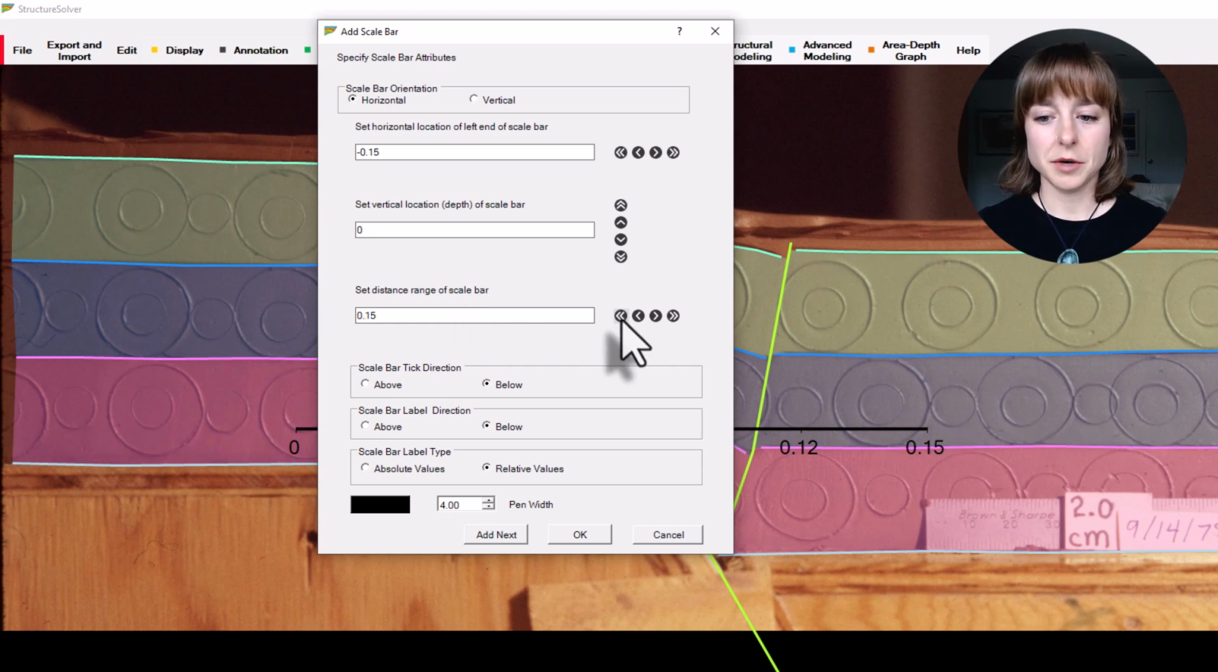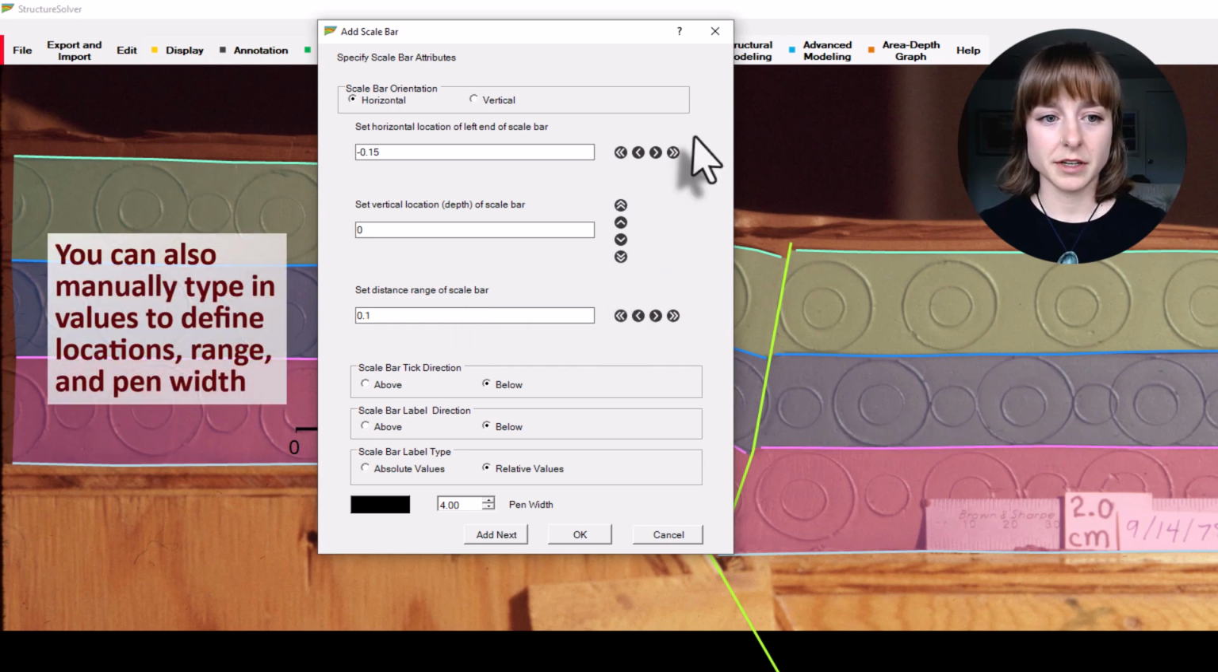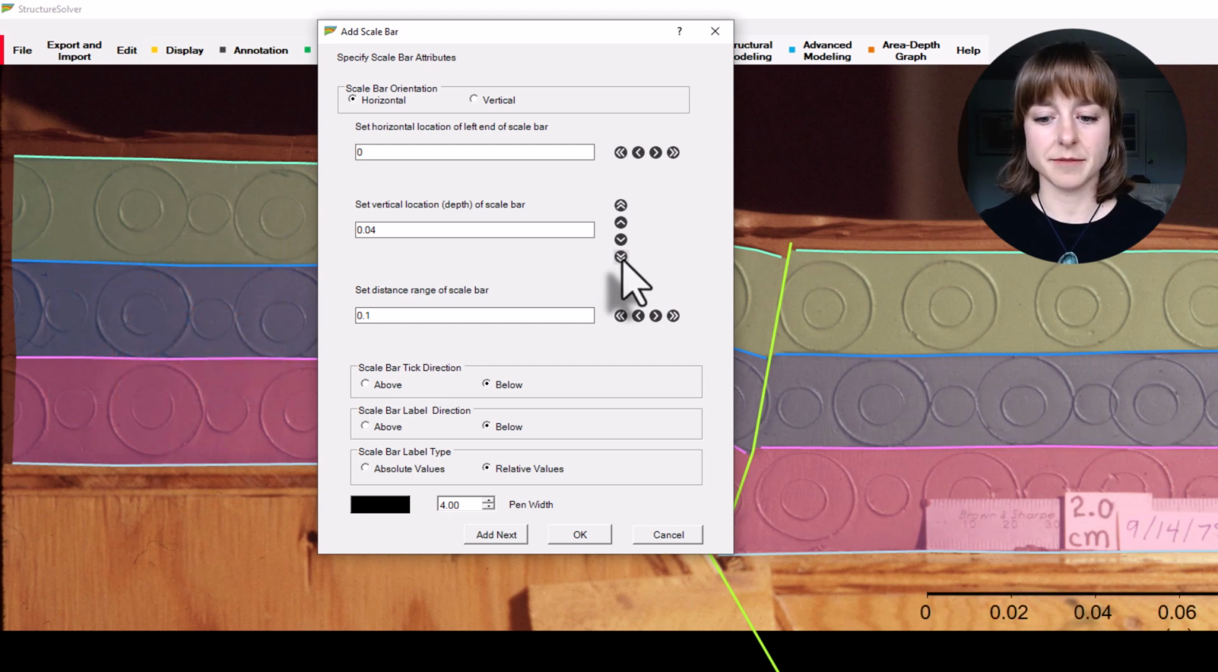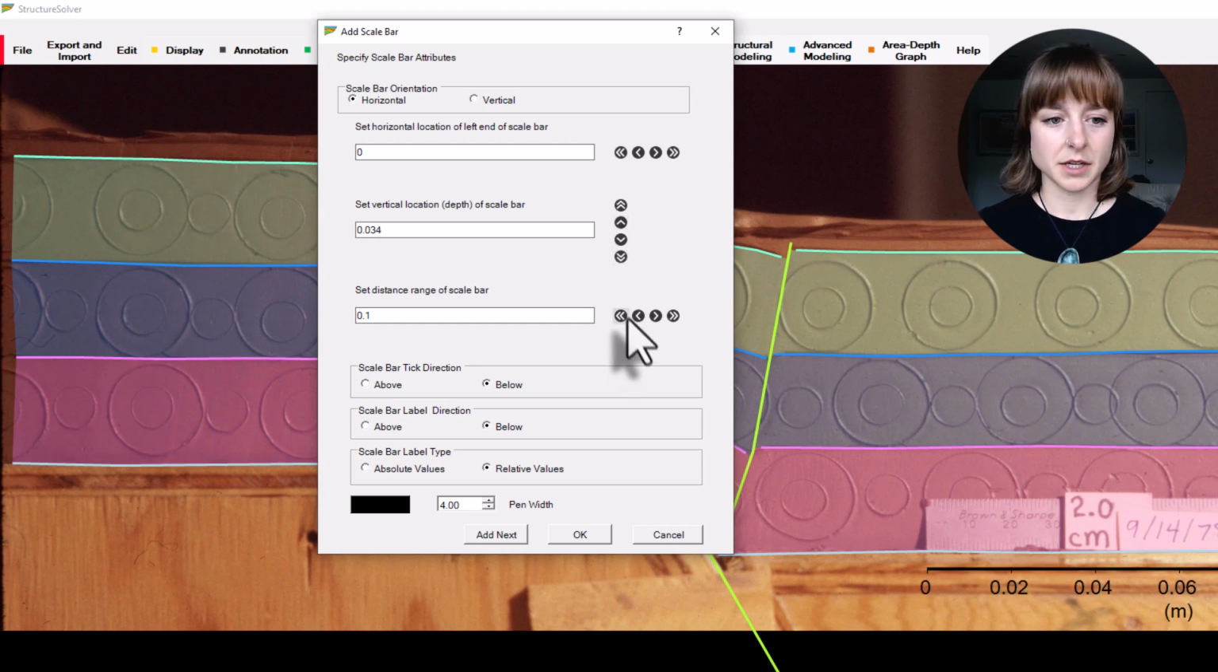So I'm going to start by making my scale bar shorter so I can move it over to the side where I can see the left-hand position. From there, I'll set the depth. I want to put this somewhere that's nice and easy to see. In this case, I don't need one quite this long, so I'll use these arrows to make adjustments on the